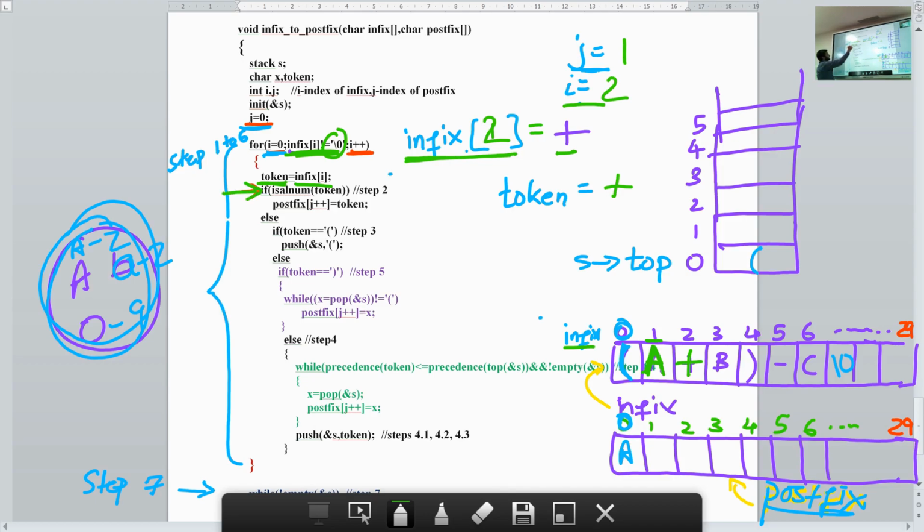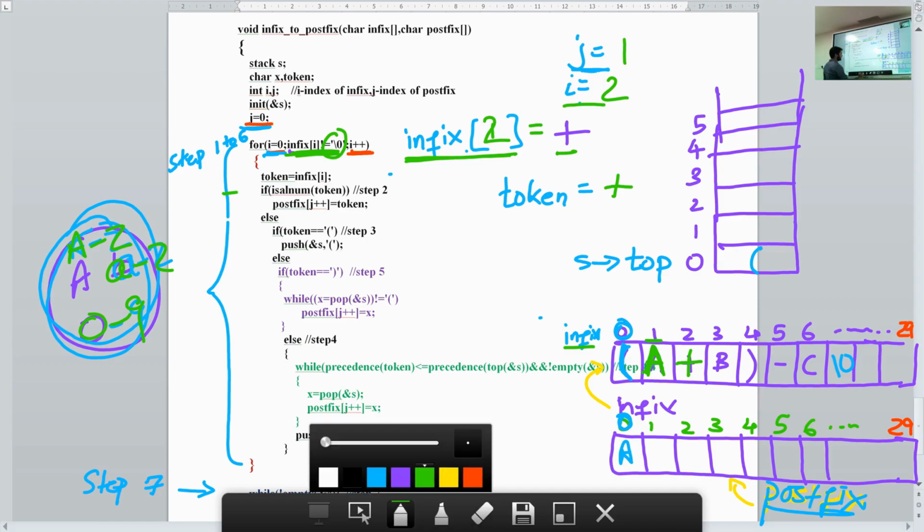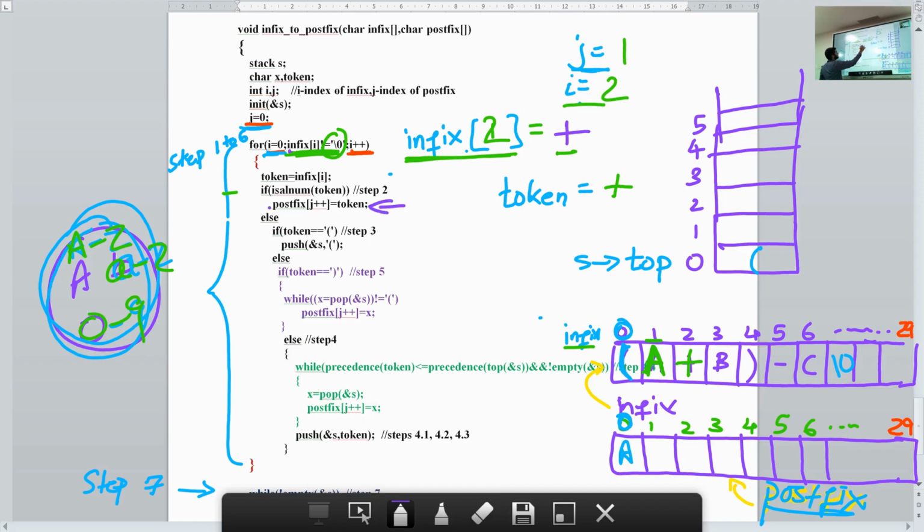Okay. Next, I check if the token is alphanumeric. Is it capital A to Z, small a to z, or the numbers from 0 to 9? No, it's not. So I do not execute this line. Since it's not alphanumeric, I come to the else part.